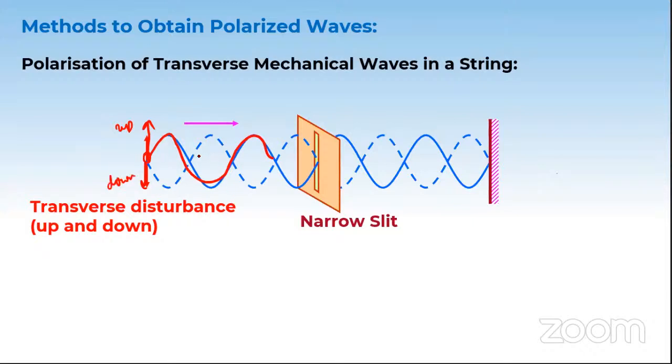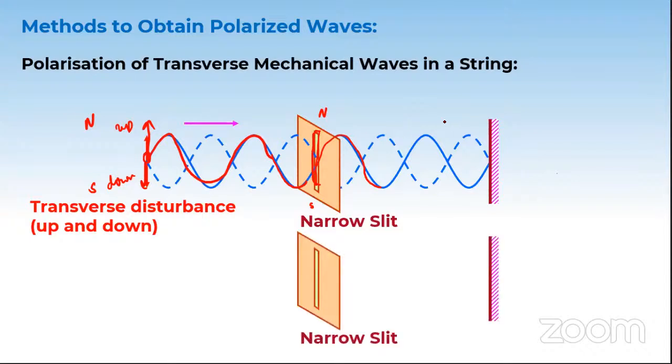The waves are generated, and these waves are traveling. In between, I have kept a plate here, and I've cut a small part in the plate from north to south. I've made a very small cut from north to south, and when I'm oscillating the wave north to south, or up and down, the wave will pass, right? Because it's not a problem. That is how the wave is getting oscillated. It will pass through this and it will come outside, right? I can see the oscillation here also, not a problem.